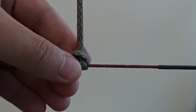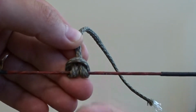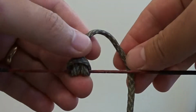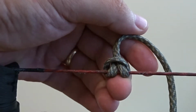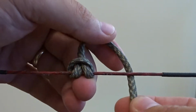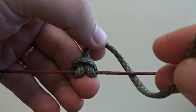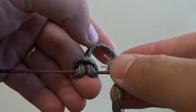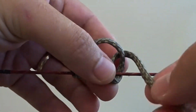So next part of it is the same but in reverse. So as I said, you want this loop portion on one side for the bottom and then on the other side for the top. So you put the string over, and now what you want to do, if you remember, I started with the string on the side close to me. I'm now going to start with the string on the opposite side, and you can work it out if you don't remember exactly how to do it. I want the tag end to finish on this side, so I'm going to put the loop through there, going to go around this little pillar that I've made coming down,